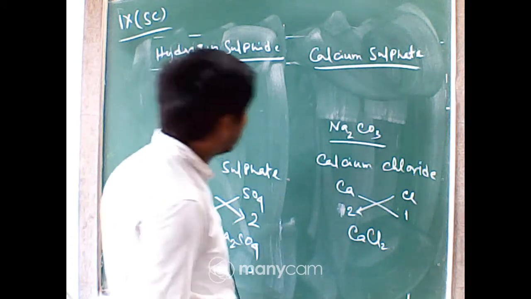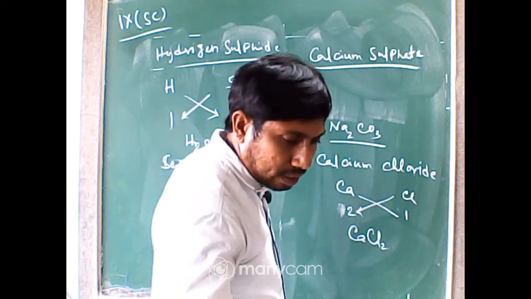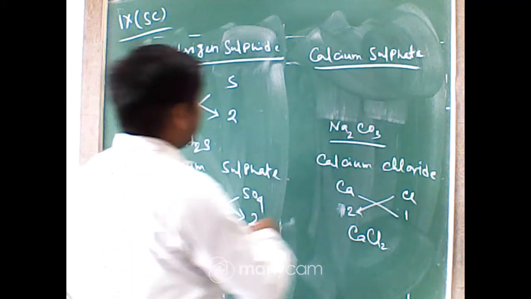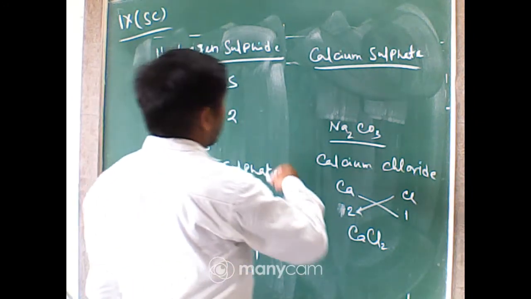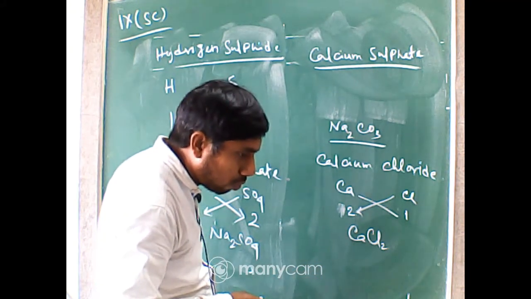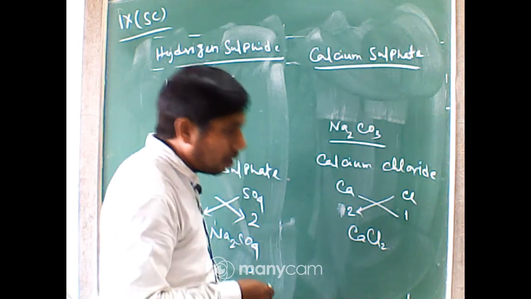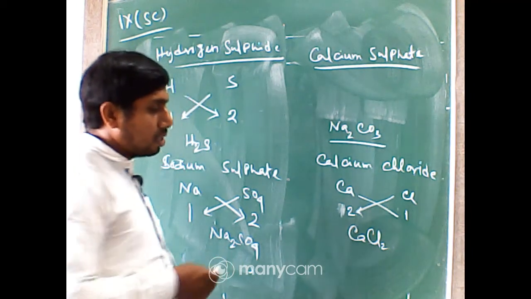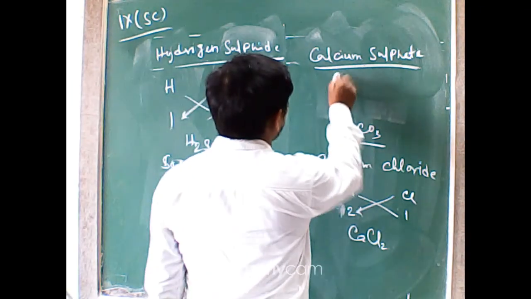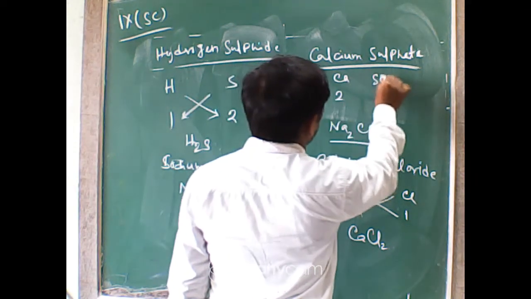Fast. Those who have completed this one, I am giving the next one, that is Ca2SO4 whole 2. Ronit, here it is not wrong, but we have to simplify it. So calcium 2, sulfate 2.